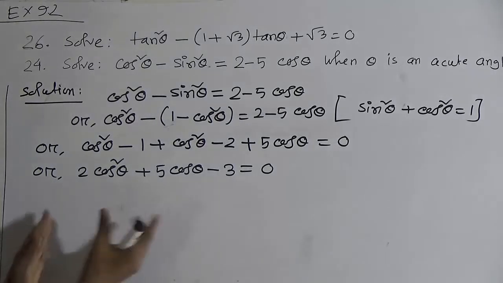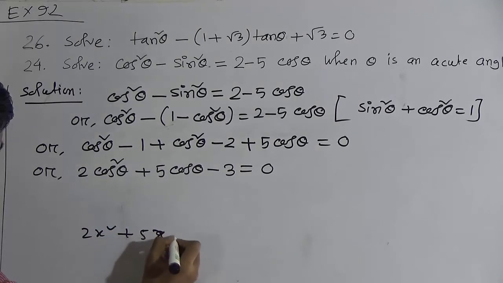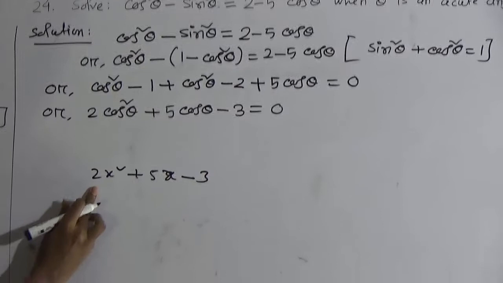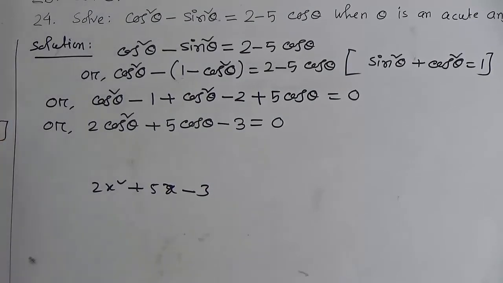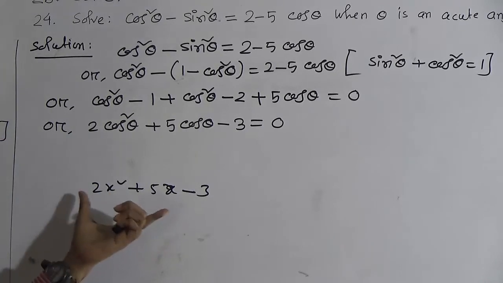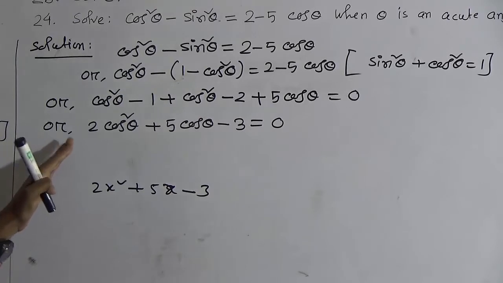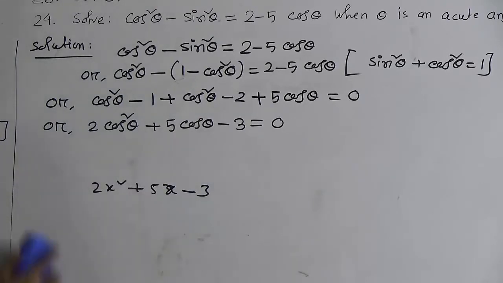Student, when you see this math, you may be confused. Look, this is not so difficult. You know the middle breakup method: 2x square plus 5x minus 3. I hope you can easily use the middle breakup method and solve it into a factorization form. Similarly, we have to make this expression using the middle breakup method.